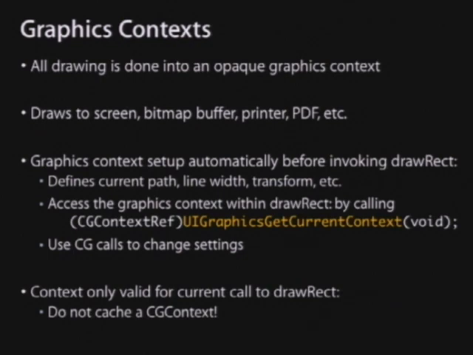You can then set different properties on that context. So you can set the fill color and the point size for a font. You can set the font. You can set the width of a line. And then you go through and you actually start drawing. Another point here is don't ever cache a drawRect context because they're created for you on the fly. So you don't ever want to keep it around. It's useless to keep it around, and God knows what's going to happen if you do.